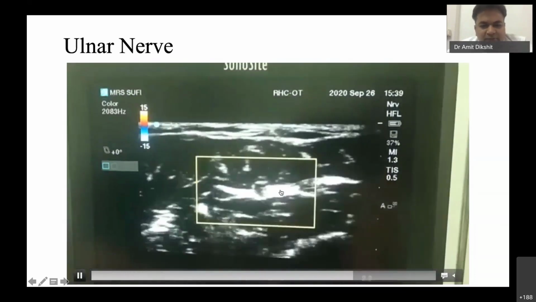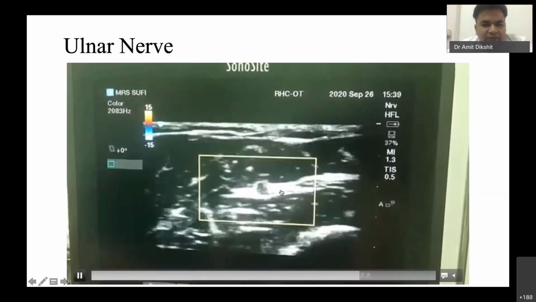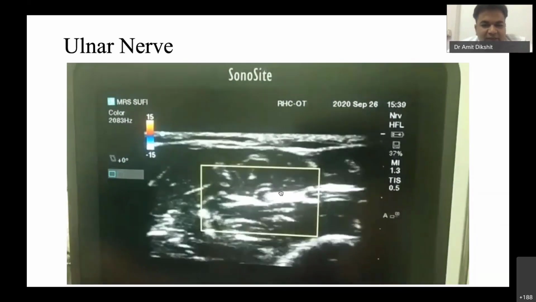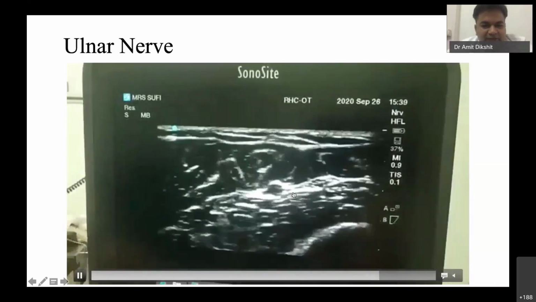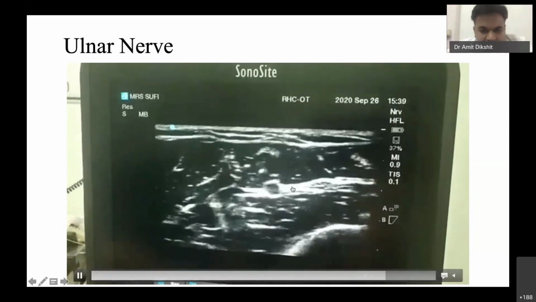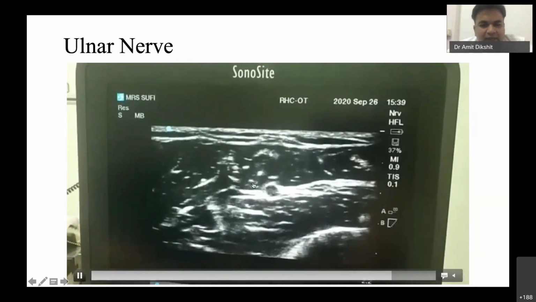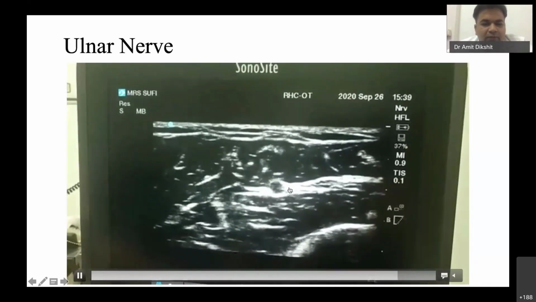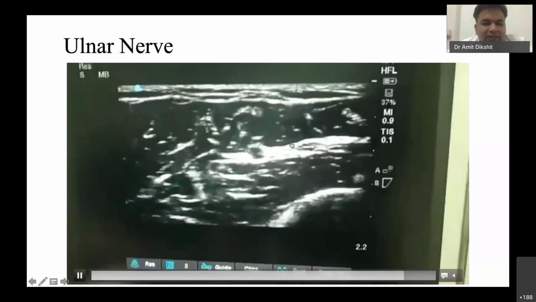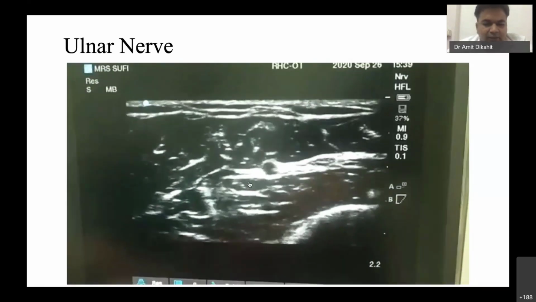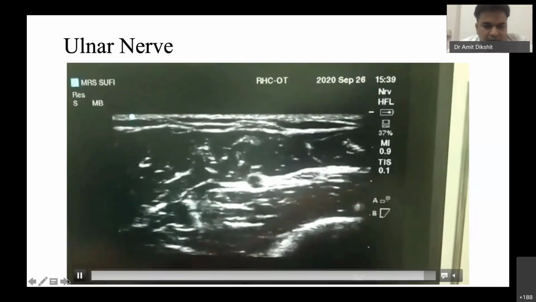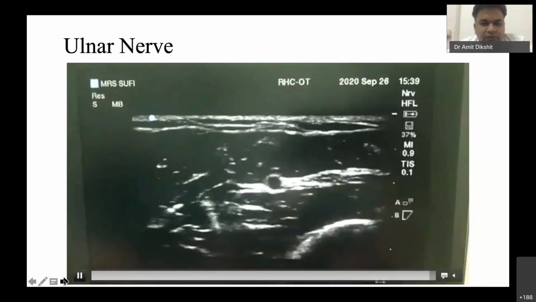So again, here you can see, just by the side of the artery, you can put a Doppler. Sometimes there are one or two articles documenting other vessels as well present by the side, and branches. The ulnar nerve very rarely can also be on the lateral side of the artery. This is an anatomical variation. So you can see the ulnar nerve nicely. If you wish to use a dual mode, you can stimulate it and see, and you can have good results.